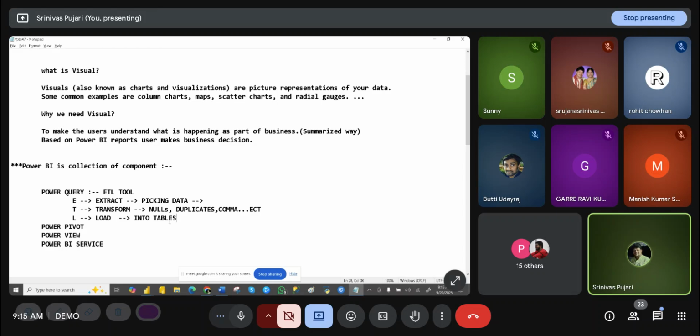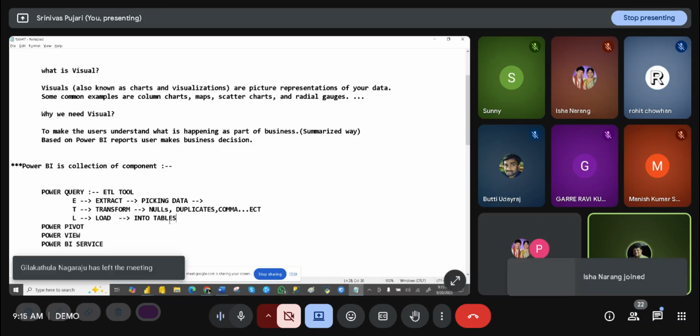Then we load it into bags. Why? Because we cannot eat the raw format of rice directly. That is the reason we transform it into actual rice and then load it into bags.